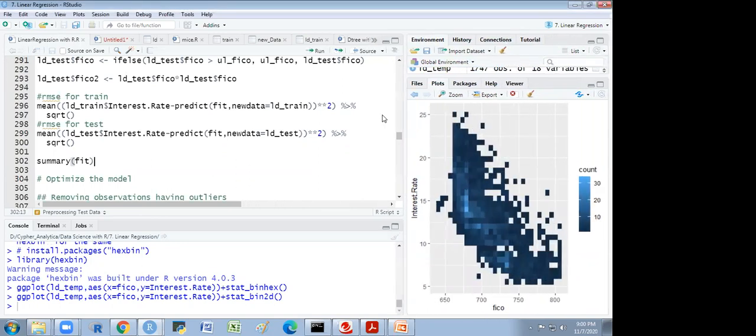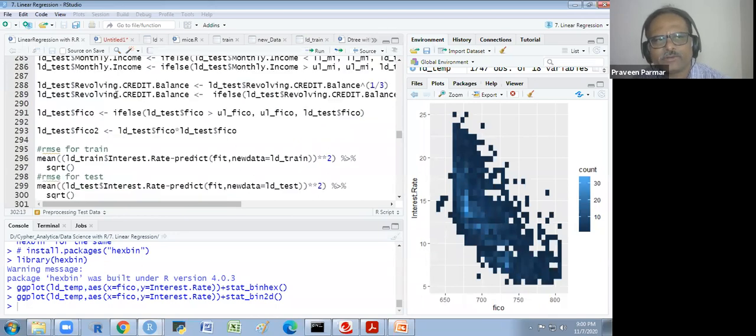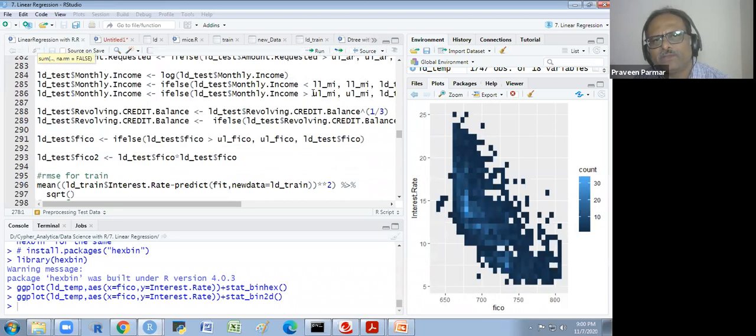After that, the RMSE for test and train data, and then just fit. It finished. Okay, the model is complete. And then we take one model format file. I will tell you later on about that. That file we give to our deployment team, and this processing script also. We provide them with these values also.